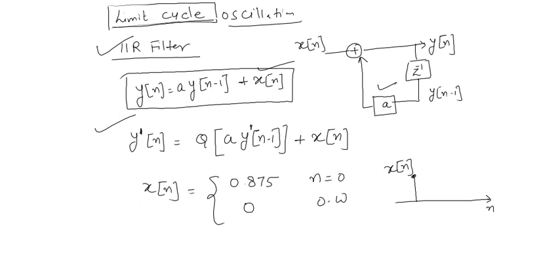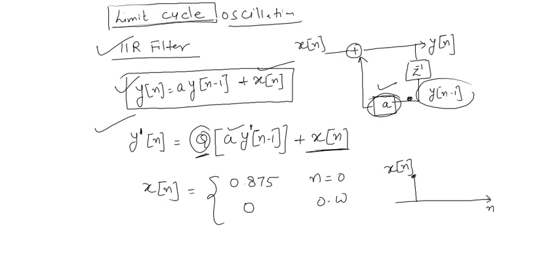So this is a modified output. This is not the actual output. So which thing will be quantized? We have to quantize the coefficients, right? And whatever the number is coming here, y of n minus 1, that is also quantized, right? So I just write it as a modified y of n minus 1 multiplied by a, so that we have to quantize. We know that quantize is a nonlinear operation, plus x of n. Okay, so x of n we also have to represent with a finite number of bits, right?